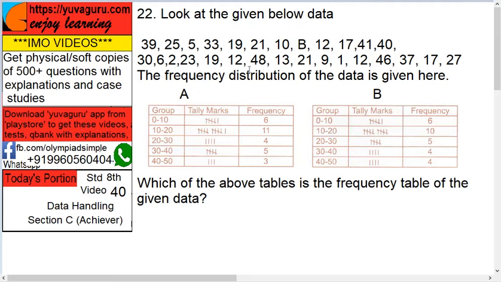So you have to check each one. Means 0 to 10 it's given as 6. Check if there are 6. Then 10 to 20 it's shown as 11. Check if they are 11. See here, basic logic is in competitive exams we don't have time. So don't waste your time on the things which are the same, like 0 to 10. 6, 6. Why should you waste your time on anything between 0 to 10? Don't waste it. Then 10 to 20, 11, 10. Yes, this you can check.